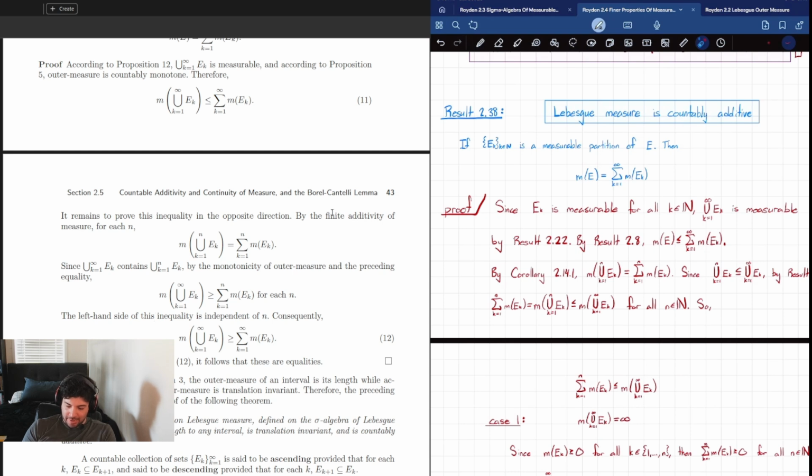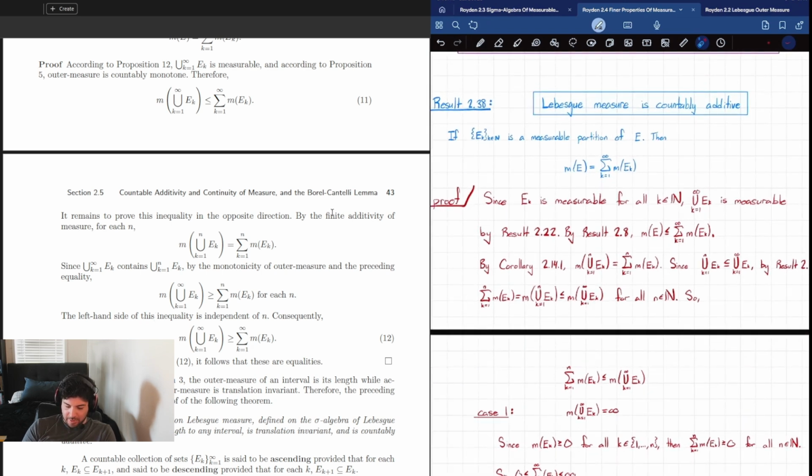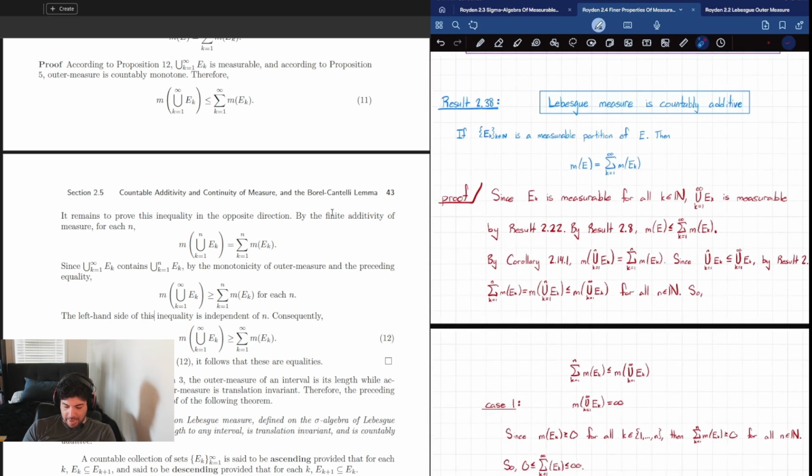So the idea here is that we start with measurable sets EK, and they're all disjoint. That's what it means to be a measurable partition. And so we first have to establish that the union is measurable. And that comes from result 2.22. So it's a previous theorem that's already been proved, that if you have measurable sets, the union is measurable too. And then what happens here is that